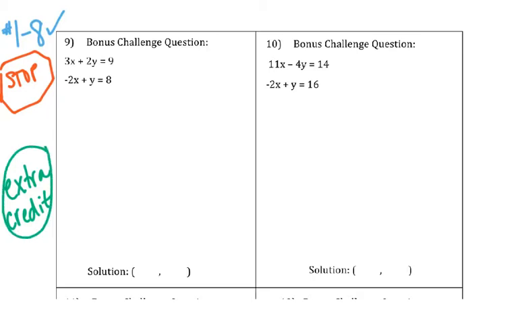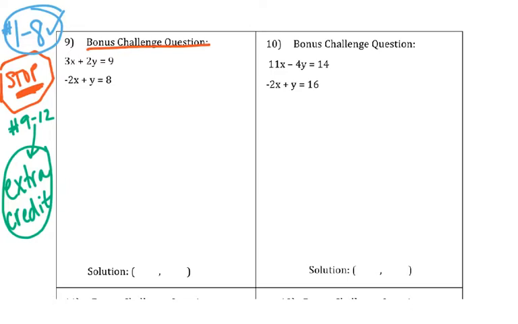That's why it says bonus challenge question. If you're done and you feel like, I've done enough for today, then that's fine. You can stop after you complete 1 through 8, which we just did. If you want to keep going, number 9 and on are extra credit. So for those of you that want to stay on, let's continue with